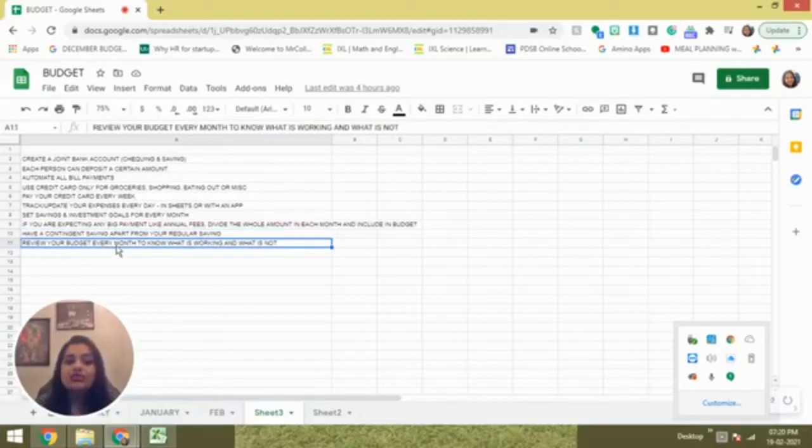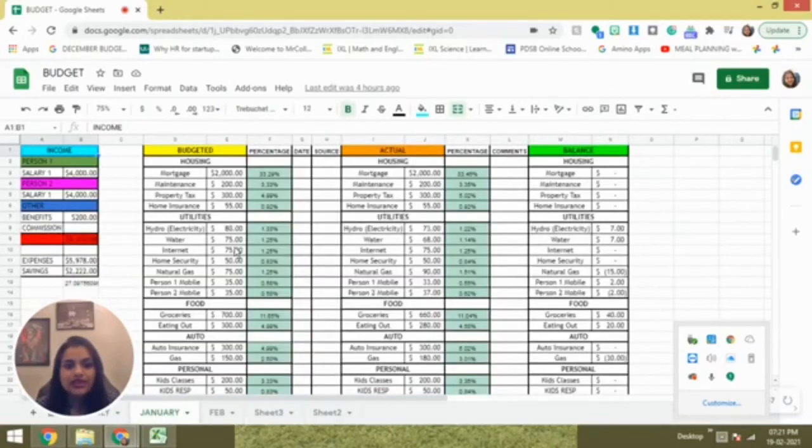Review your budget every month to know what is working, what is not. It's very important. You have to go through each and every line item, and check if whatever you've allocated for that particular item is correct, or if you need more or less, or you can get away with it. For example, right now with the COVID situation, we are not eating out. So that's the reason I've reduced the amount to 100 or $200. But in case things are getting normal, we do go eat out, the grocery bill will come less and then the eating out will go up. So you have to make your adjustments according to your need.